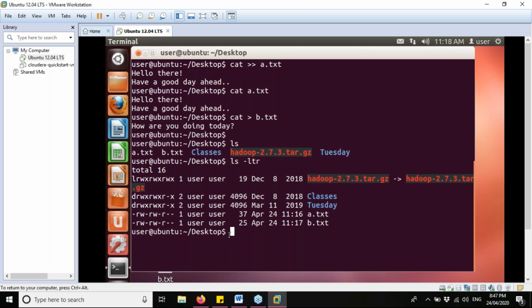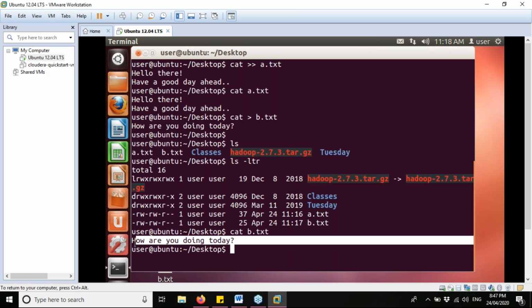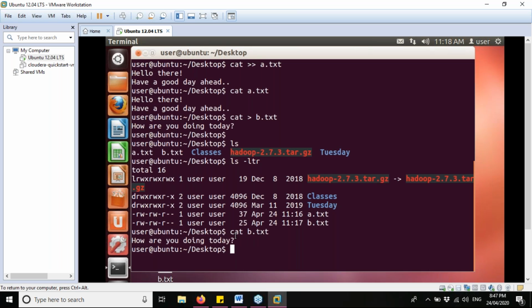All right. Now guys, suppose we want to see the contents of b.txt. So what would that be? Very simple. Cat space b.txt and then enter. So see, we had written there, how are you doing today? So the very same thing has got displayed.